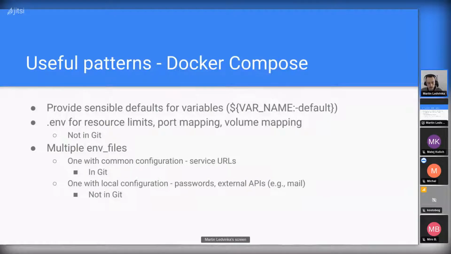We need connection to a mail server because the system is sending mail. So this is the perfect place to put this configuration: URL of the mail server, password, username. And what Docker Compose does is that it goes through the list of the env files and uses their content, and if there is a conflict, so multiple env files specify the same variable, the last one